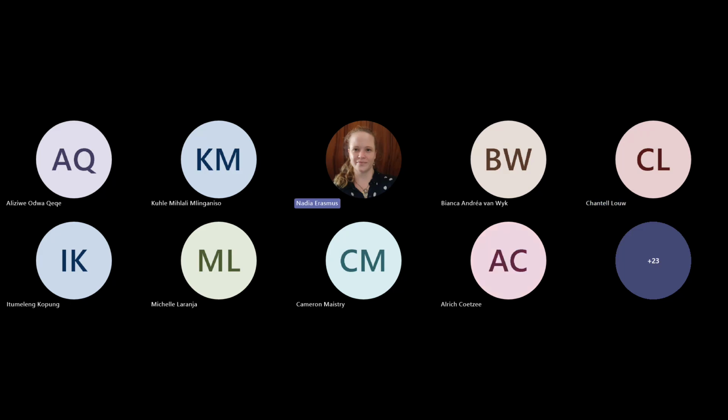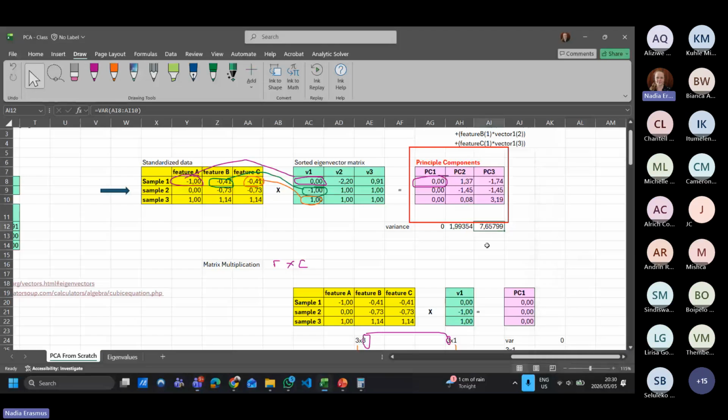Sorry, wrong way around for me. You want to retain the higher variance components. You want the higher variance component because it has more of an impact on your